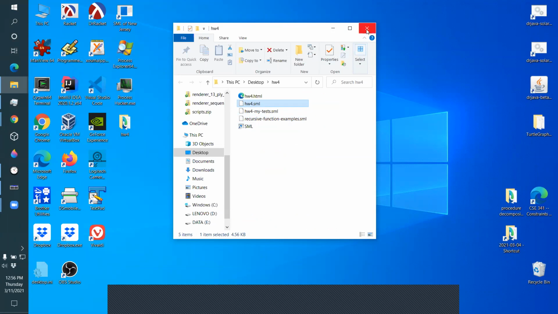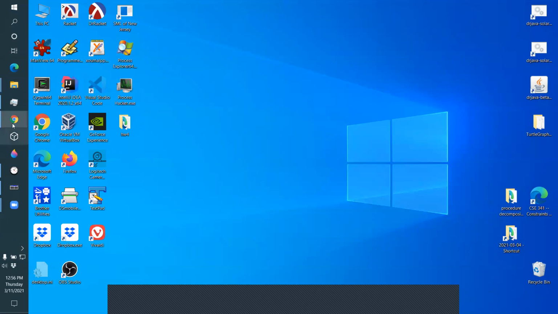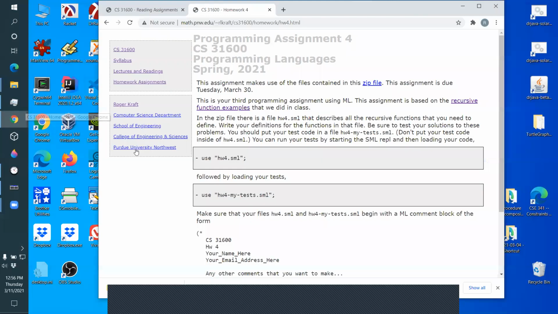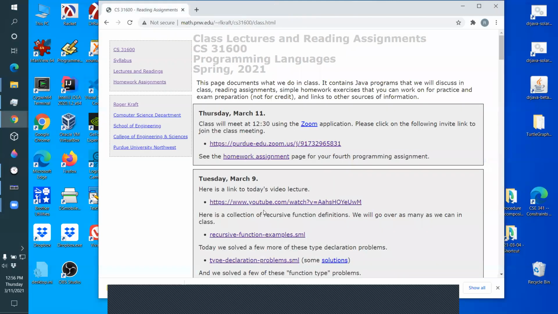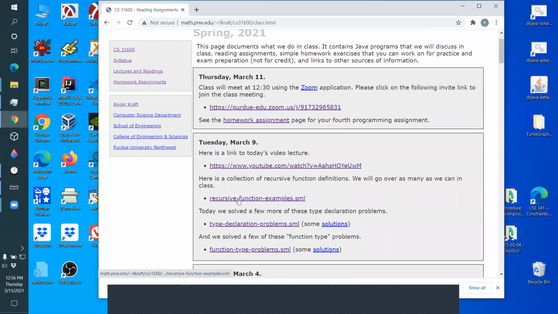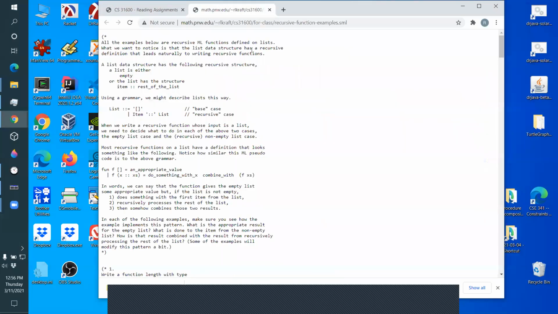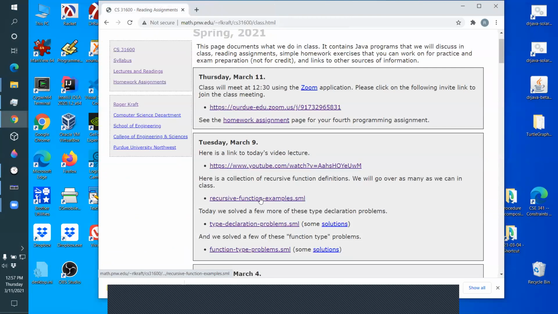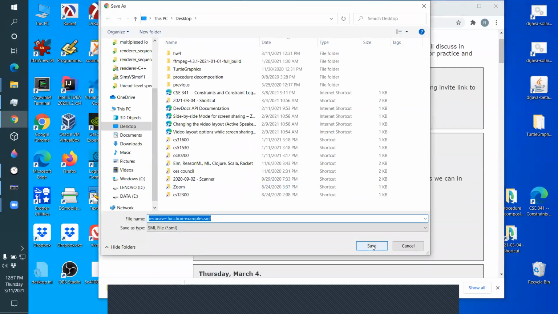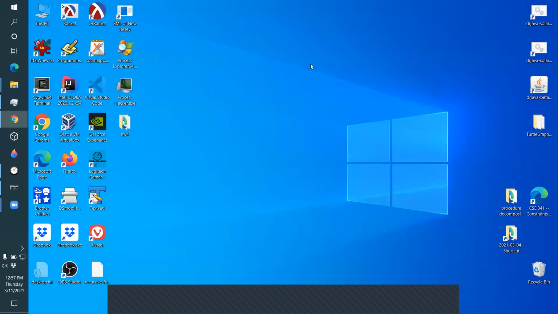All right. So now let's turn to the examples. The examples are in this file here. Here are the examples up on the web. Okay. So here they are. I'm going to download them to this computer because I want to look at some examples. Okay, so I'm going to download them. And I want to look at